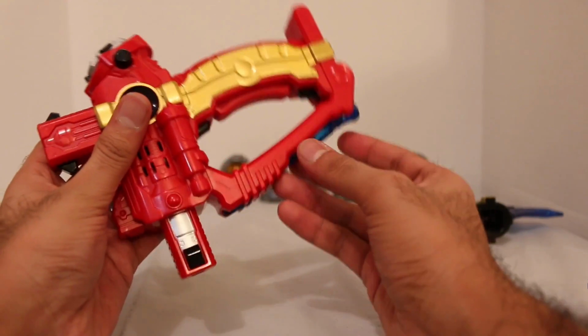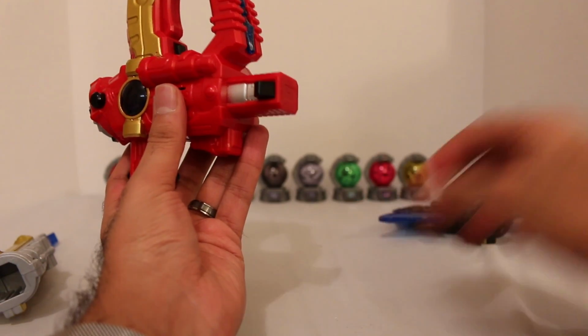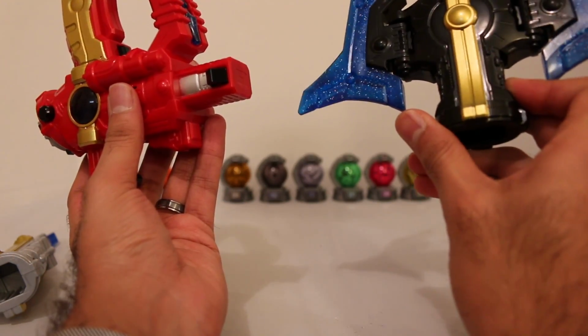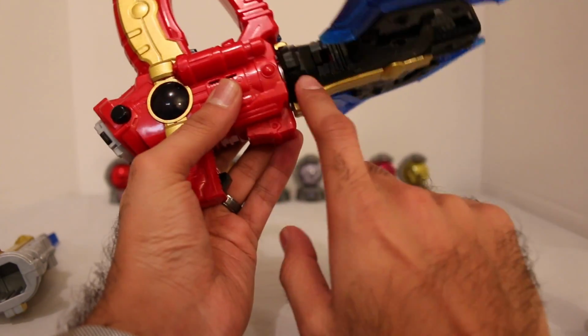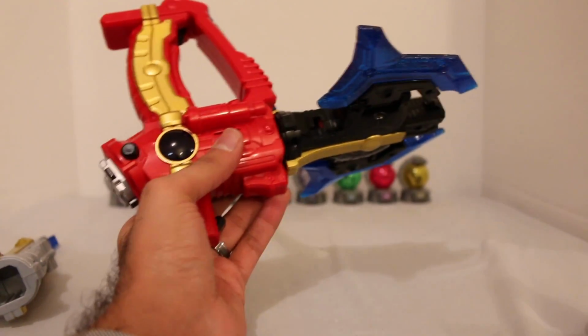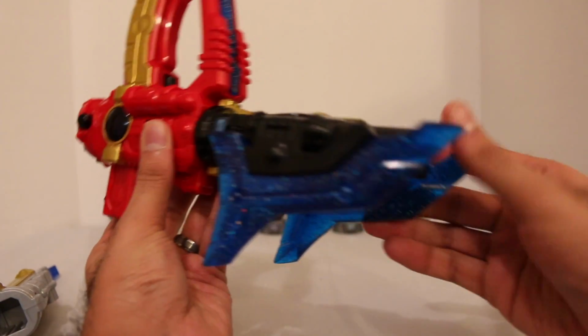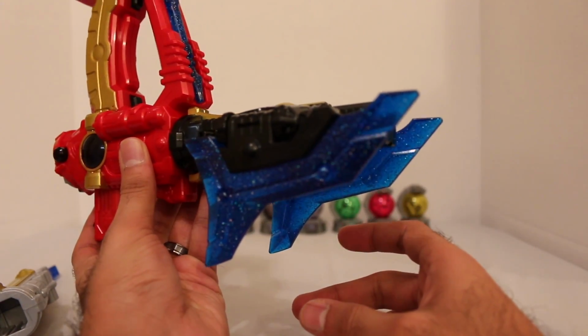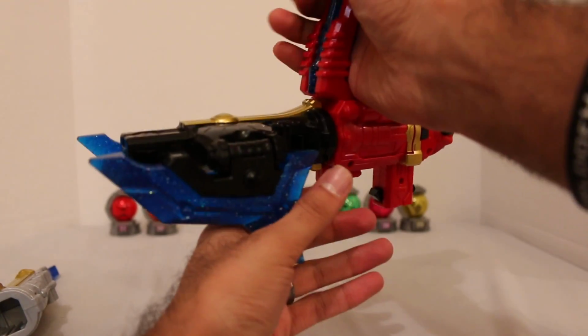Okay, this is going to fold in, and it's going to be up like this. And then you're going to take this piece here. It's going to plug in. So it did make a little sound right there. Sometimes it doesn't, sometimes it doesn't. I'm not able to figure that out truly. And then this kind of goes down like that, essentially. And this is basically supposed to be...